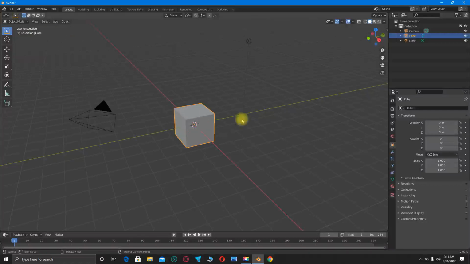So I've selected these two. When I switch to the editing mode, you can see that we are getting more tools. The editing mode gives us access to customize different objects,